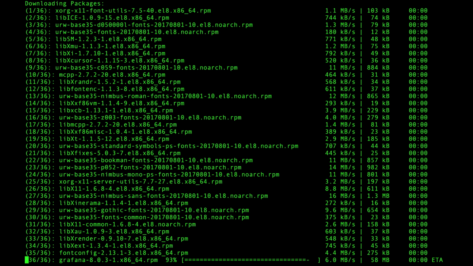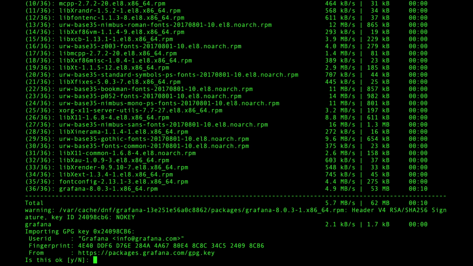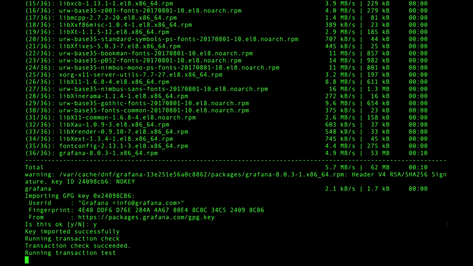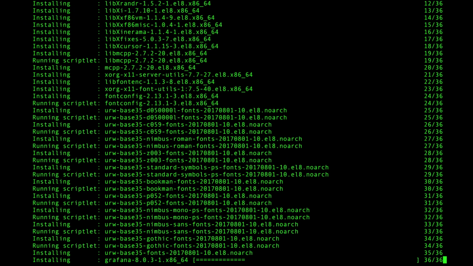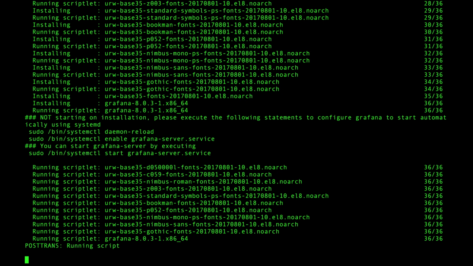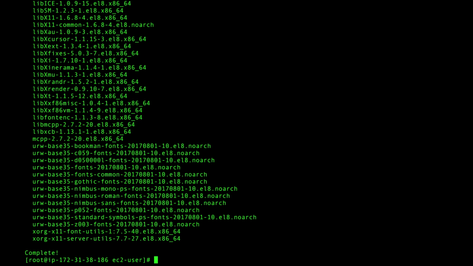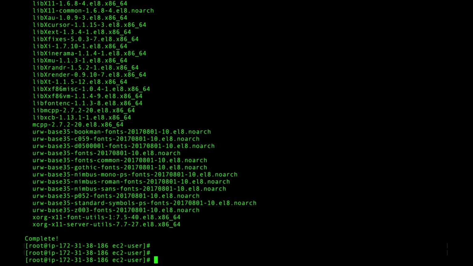Yes, last package installation, and great. So we now have Grafana downloaded and installed.